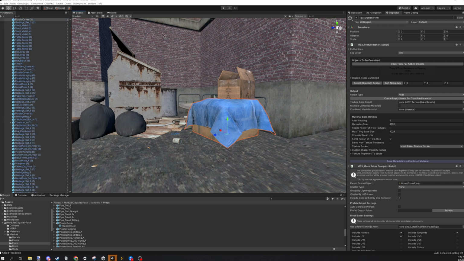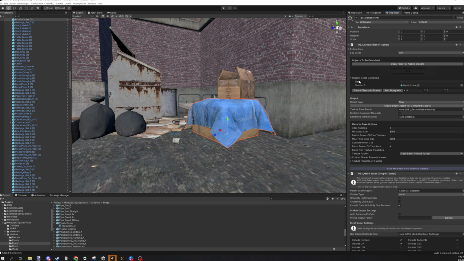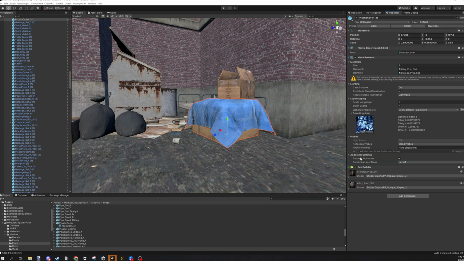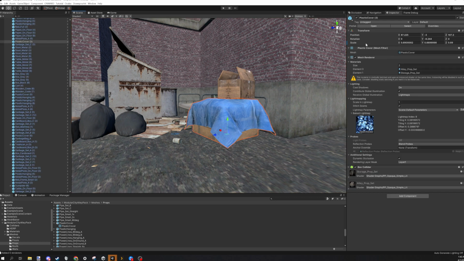Take this plastic covered, and we want to throw its renderer in. So now we have this one thing, and it's just one object, but remember this has two materials. I'll unlock it and show you. Two materials. We want to make a combined